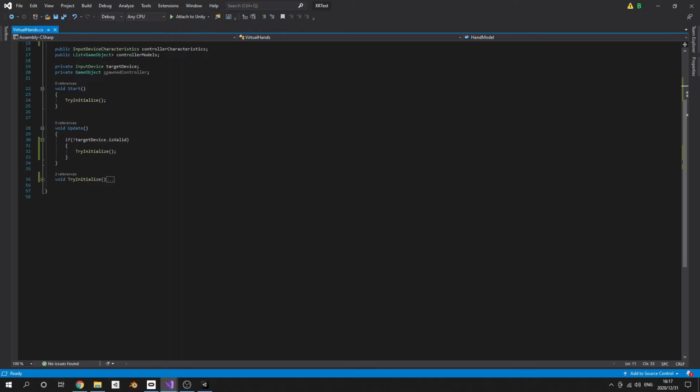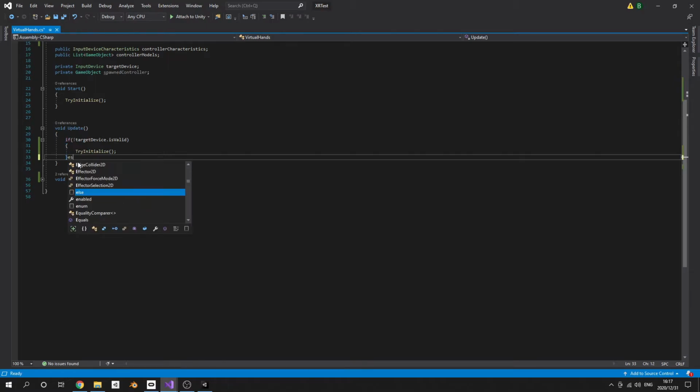But the first thing that we're going to have to do is go to our update, and we have to go to the if statement that checks if the controllers have been assigned or not. If the controllers aren't assigned, it will initialize them. Else